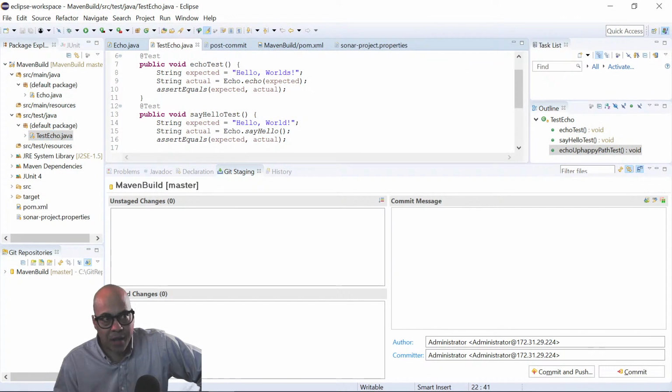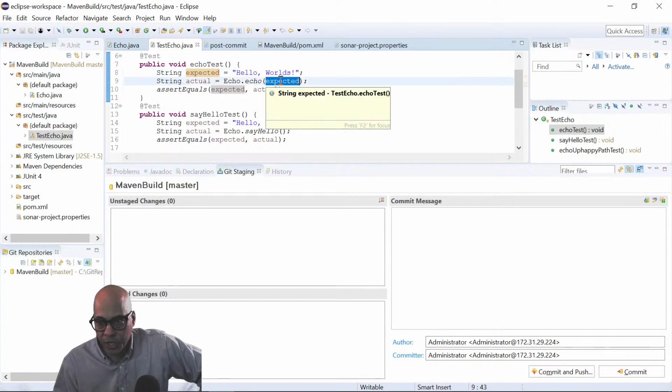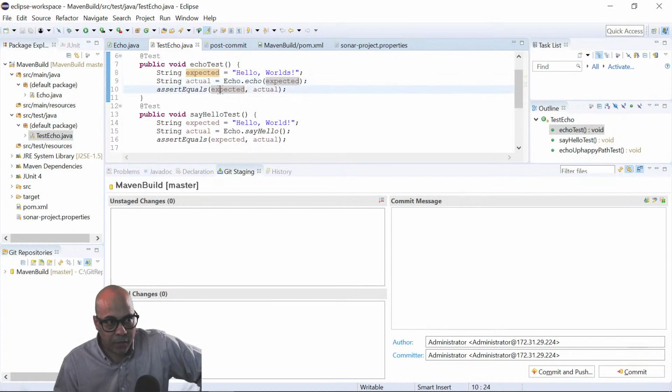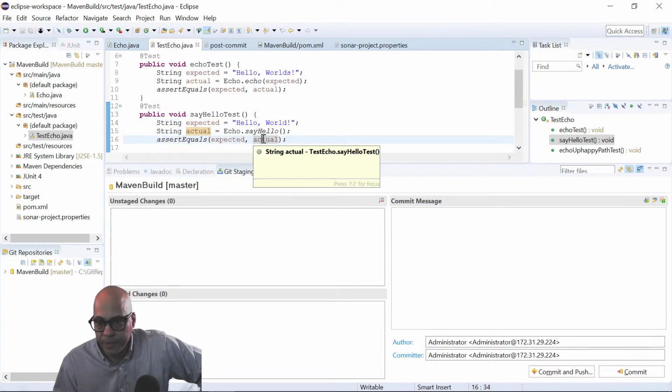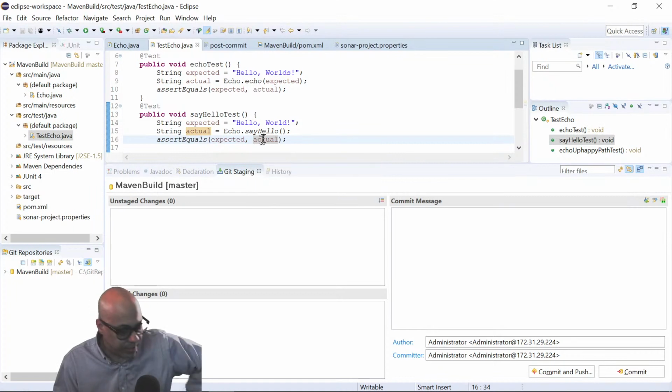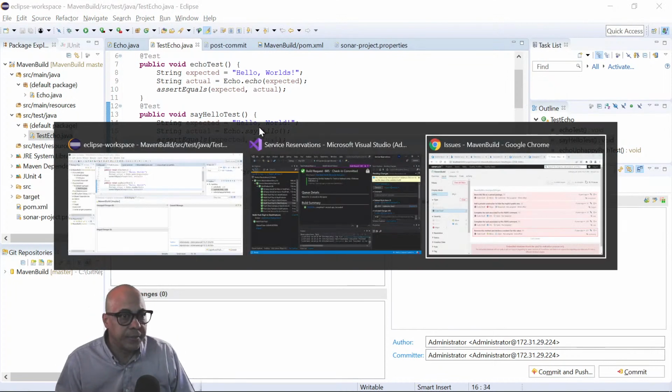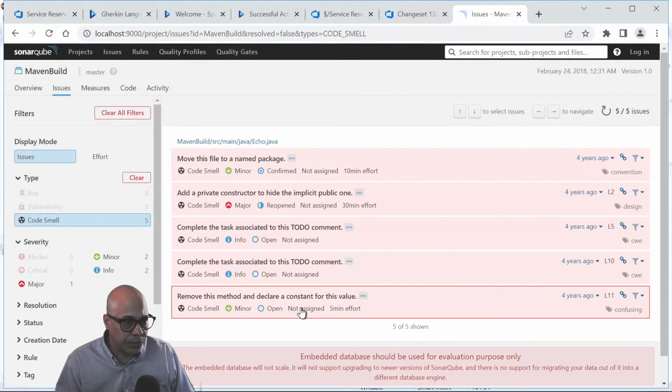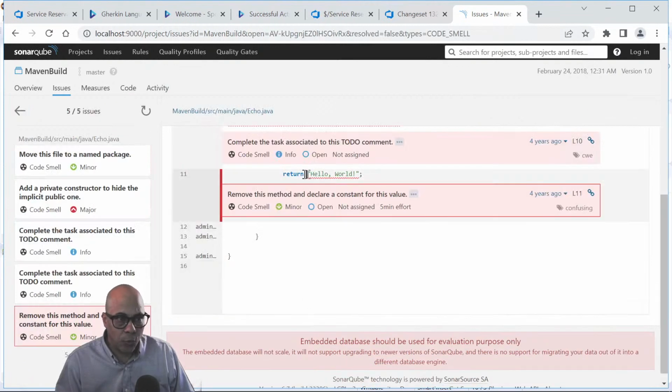Here, I did things properly. I created a variable and I put the value hello world into the variable, and then I passed the variable as an argument to my method. Same thing here, variable, variable. I took a value, stored it in a variable, passed the variable here and here. So there are no literal strings being passed, which is why the only code smell referred to the hello world where I'm returning the literal string.